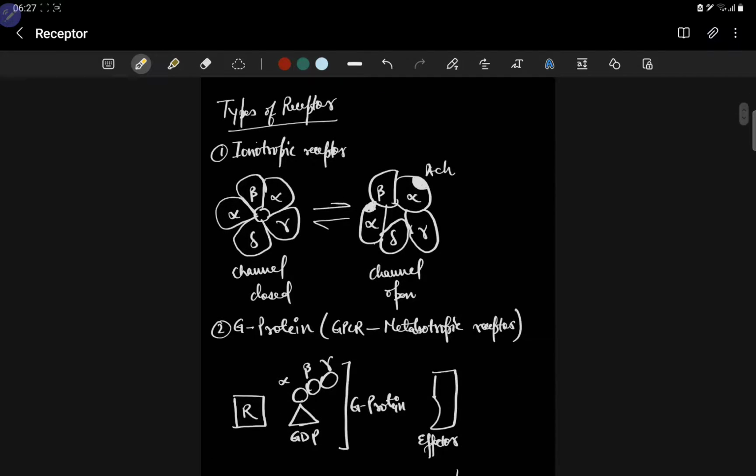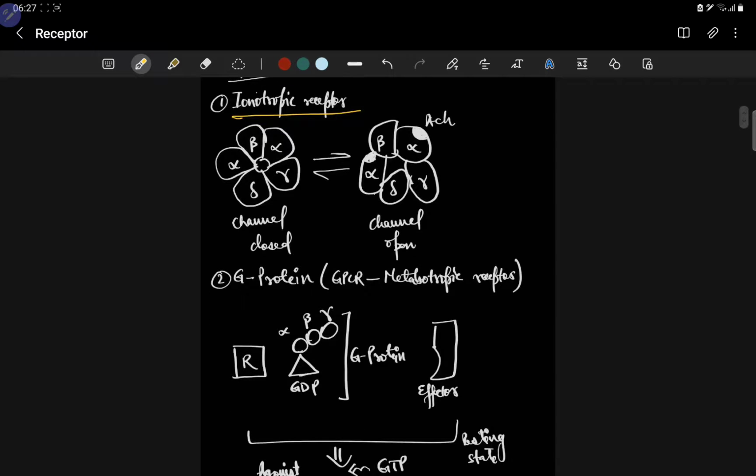Now there are many types of receptor. The foremost is the ionic receptor, right? So you see the channel when it is closed. Actually this is a 3D model, but here we see this 2D picture. There are 2 alpha, 1 beta, gamma and delta subunits. Now this is a closed channel which has an internal pore. And you see when there is a conformational change,